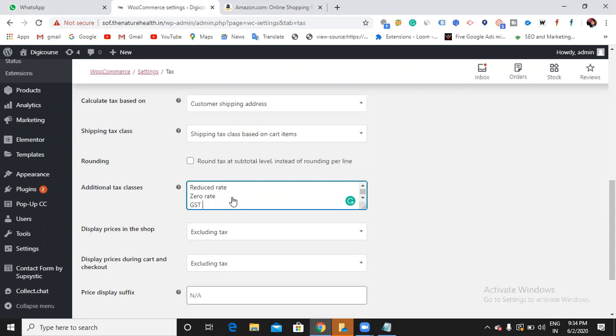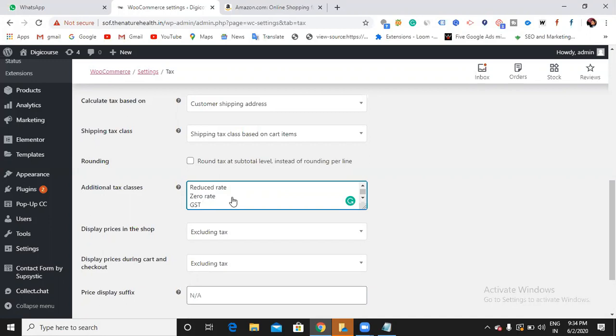Okay, fine. So we do have different taxes for different products, right? Let us say if I am going to sell water bottles, that has some tax rate. If I'm going to sell electronic devices, that has a different tax rate.